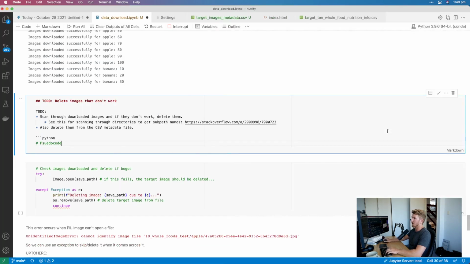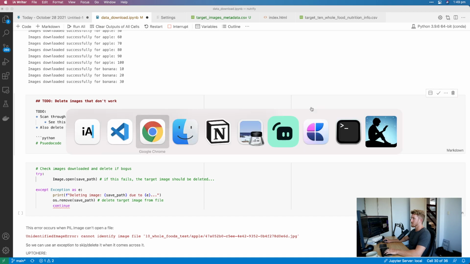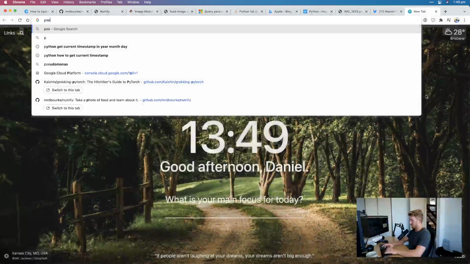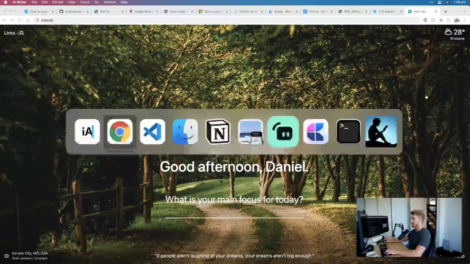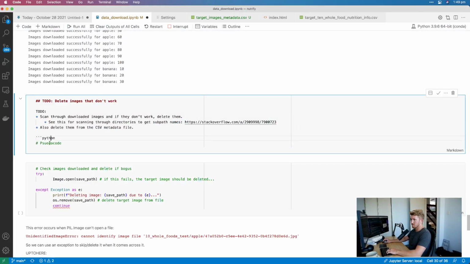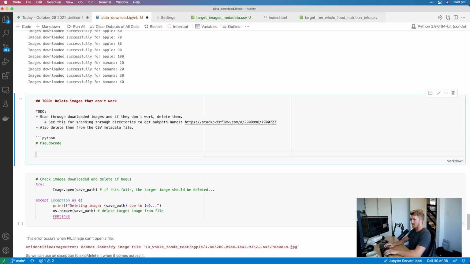How do you spell pseudocode? How do you spell pseudo in general? Pseudo. I'm not special. I just don't do much except for the things I enjoy. Pseudocode for image in